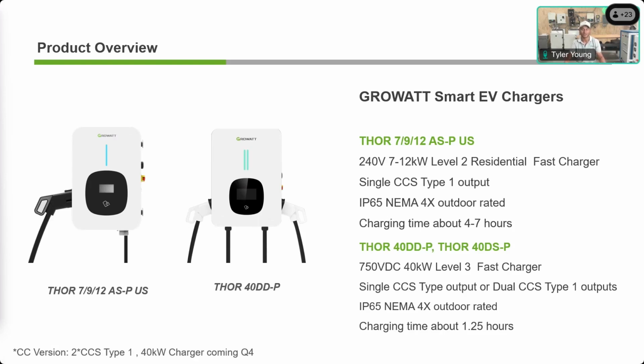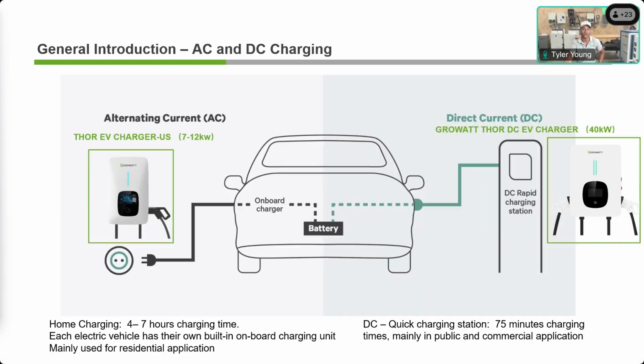If you have, I don't know, several EV chargers, you need to charge up very fast, or CNI or apartment complexes, things like this. And with the AC, you're charging up in level 2, basically 4 to 7 hours. The DC, level 3 fast charger, 1.25 hours roughly. And this is just AC is using the onboard charger, DC is using a rapid charging station to help convert